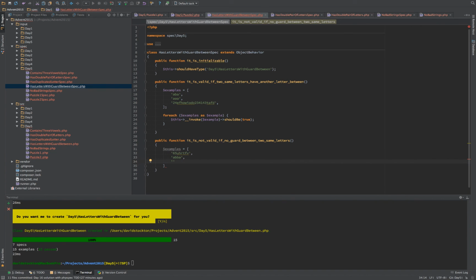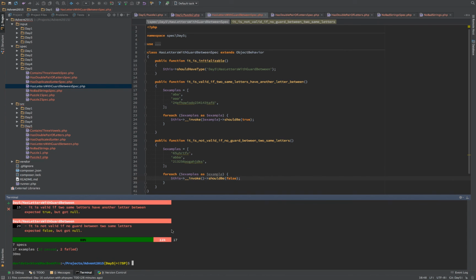We've got the same letter without a guard, so stuff. Alright, so all of those should be invalid, and we'll loop over examples, and this invoke should be false. We'll run it,